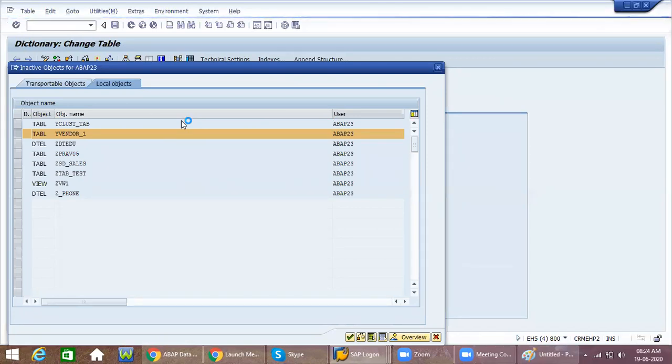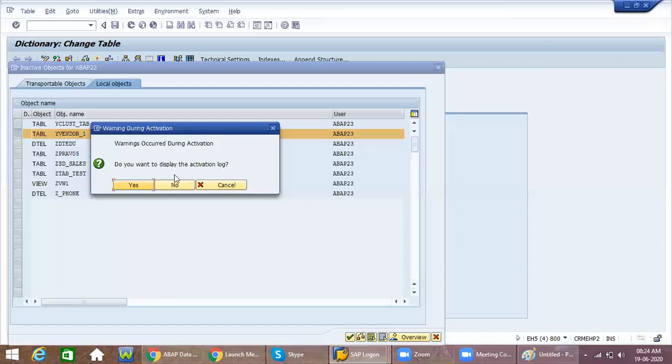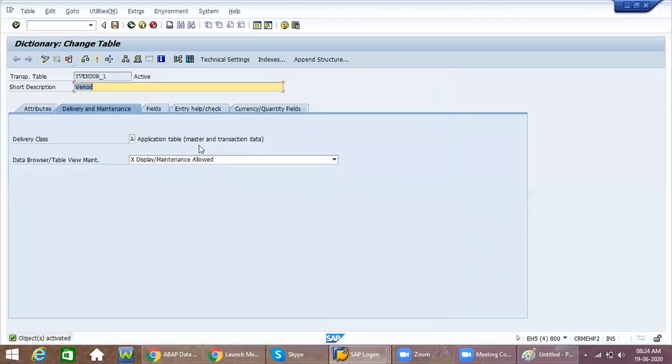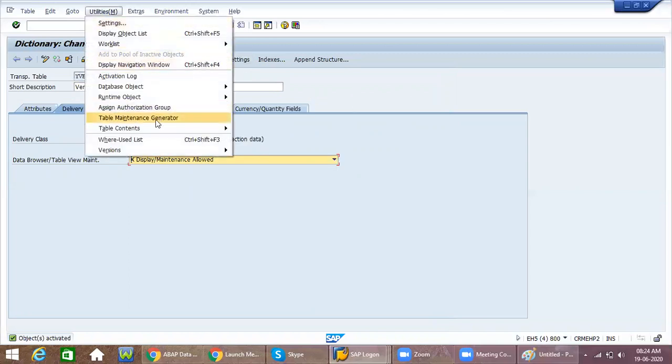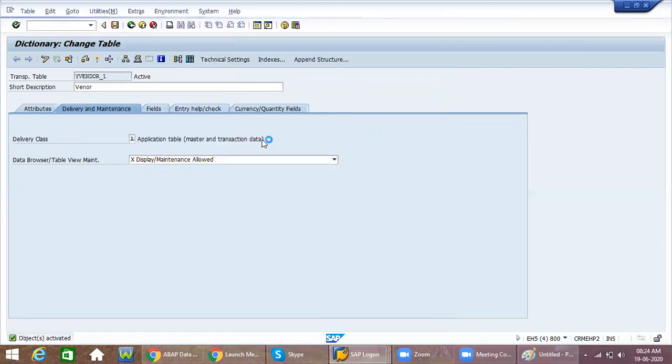These are the things you will come to know whenever we are practicing with the different drop downs. If you are not practicing, I am telling only one way, like I am always selecting data maintenance allowed. You can try with the others also and see what happens. This is only practicing. Okay, go to Contents and create entries. The system will ask for the same things as the previous database table.